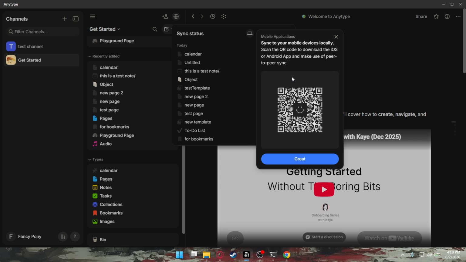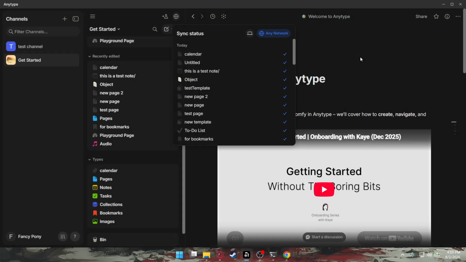Finally, keep both devices open and connected for a few moments while your files finish downloading. Depending on how much content you have, this may take a little time, so give it a moment and avoid closing the app too early. And that's it. Once the download is complete, your Anytype data should be available across your devices, making it